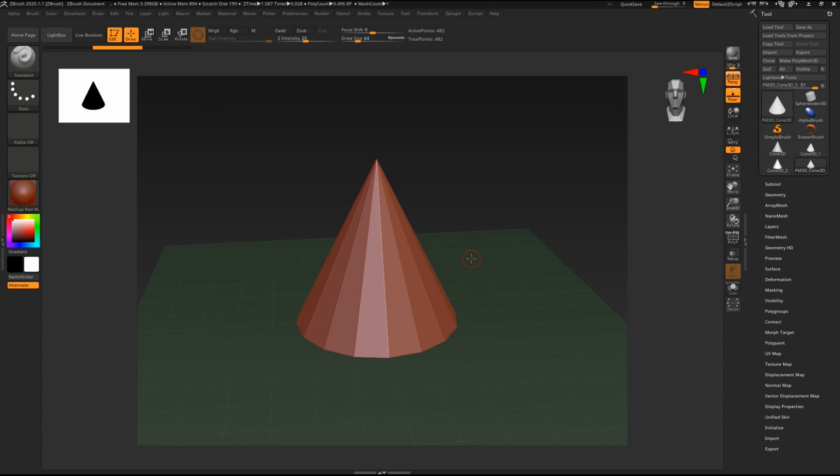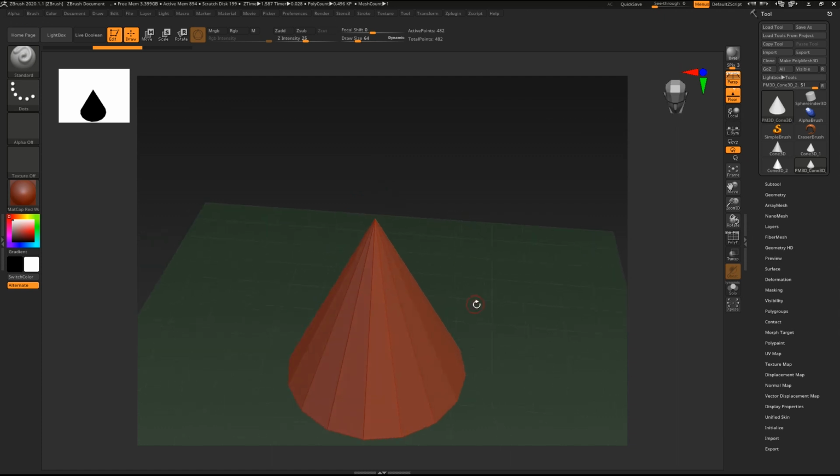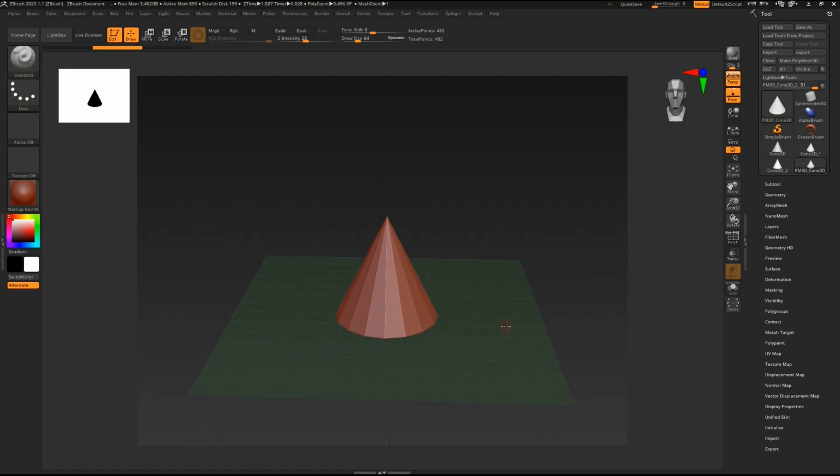So make sure you practice this a lot so these things become second nature to you and you don't have to think about it. Like if you are riding a bicycle, you don't think about the pedal and brake. It just becomes a habit and muscle memory and you do not think about it. So enough for this video. We will start sculpting in the next videos.